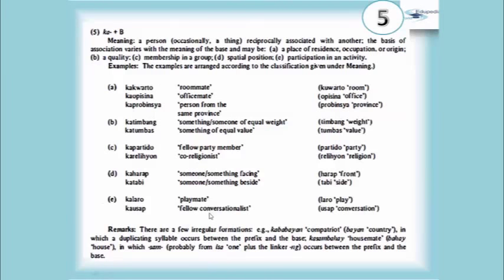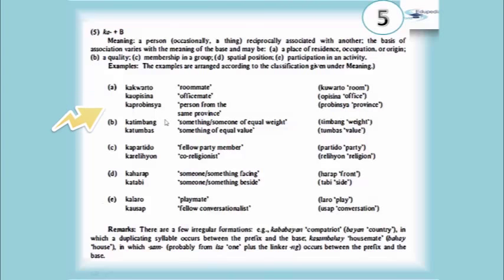The next formation, we have the ka plus the base, meaning a person occasionally acting reciprocally associated with another. The basis of association varies with the meaning of the base and may be a place of residence, occupation, or origin, or it's either a quality or membership in a group or a spatial position, or it's either a participation in an activity. For example, we have here ka-kwarto, roommate, ka-opisina, office mate, ka-probinsya, person from the same province, kwarto, room, opisina, office,